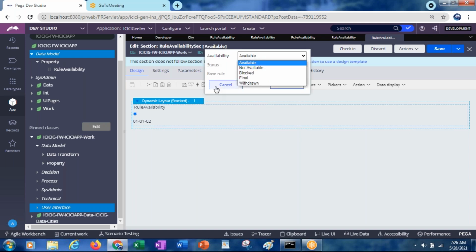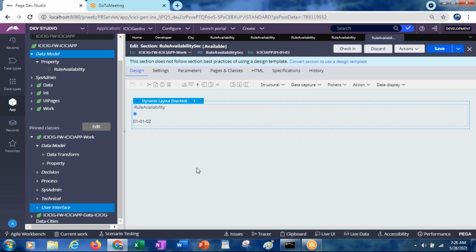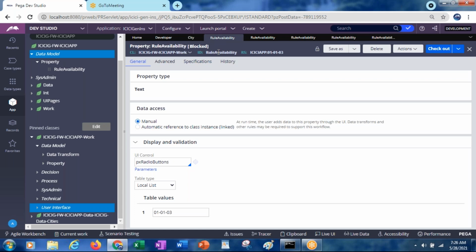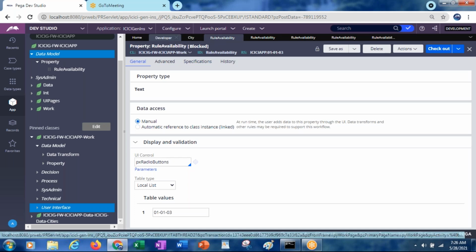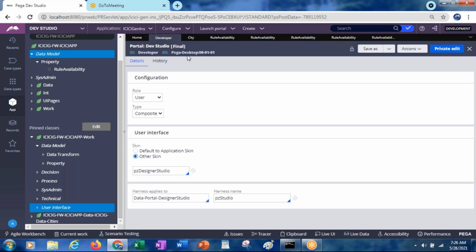So what is final? In general, any rule, you can save as it. Right now, this rule availability property I saved as into multiple versions and even the parent class. But if you see this final, this developer portal, this is final.